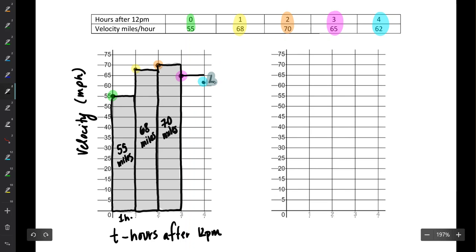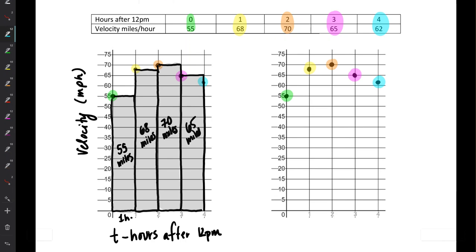But this is all the information we have, so we're going to make this estimation. The 1 hour times 65 miles an hour gives me the 65 miles that we have traveled. Okay? And I just graphed these ordered pairs, 0, 55, 1, 68, again, right here, because we could have made different